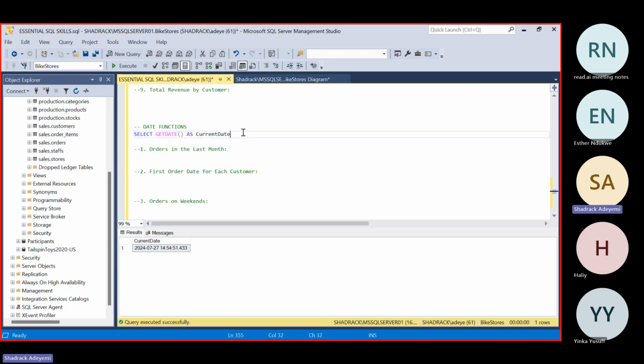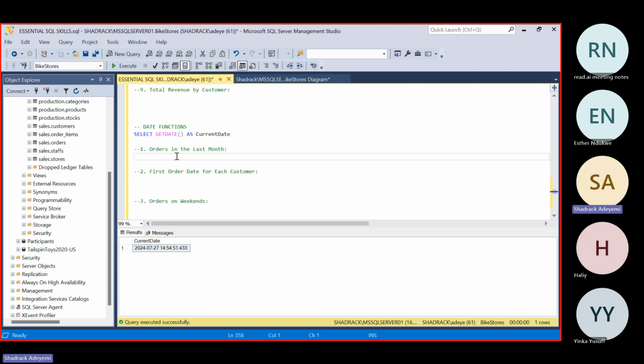Now, what does this say? If we can always know the current date, then we can use that same information to answer some pertinent business questions, like comparing a date with respect to today, or going as far back as a year or a month, or any specific day. So now let's try to do something. Let us try to get the orders that were placed last month. We're in July, so that's June.